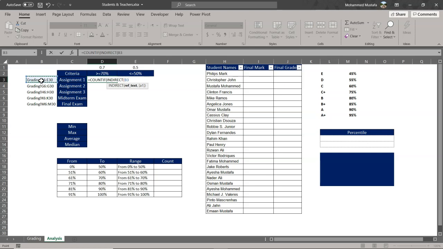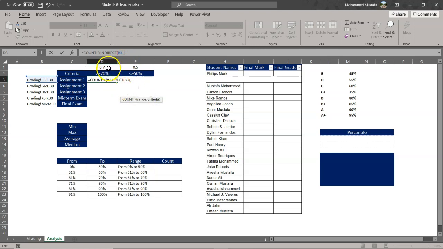Let's close the bracket. That's the range. And if I go to the formula bar and I highlight the indirect function and click on function key F9, you can see that it gives me a bunch of numbers or a bunch of percentages. That is basically the reference from the sheet grading. So I'll press Ctrl Z